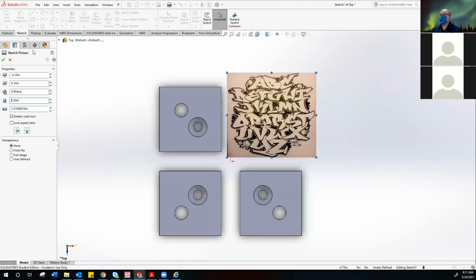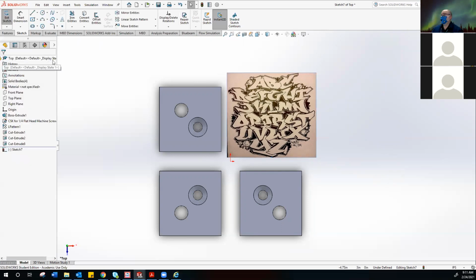So I'm just going to hit the green check mark because I'm happy with my size. And don't do it unless you're happy with the size. Okay, and then I'm going to exit the sketch. Now, like I was saying, this sketch here is only for the image. It's really important you keep it separate, because if you make a mistake,